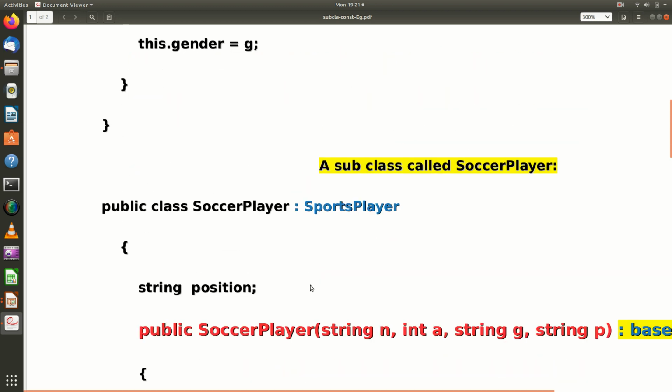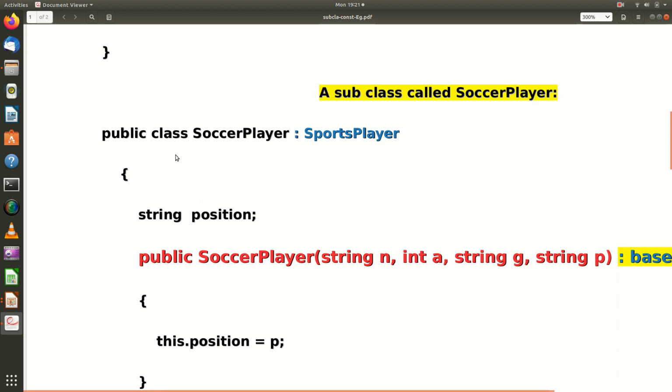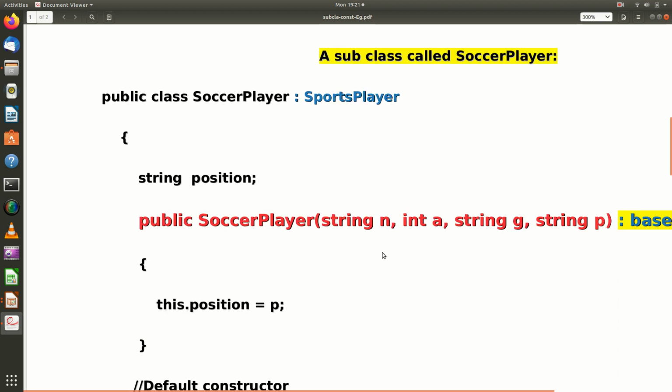Now I go to declare a subclass. I declare a subclass called the soccer player, and I am going to inherit the properties of the sports player. Now the soccer player has its own unique data field, which is position, and this is also having a constructor, a subclass constructor, soccer player, the same name as that of the class, then public as the access modifier.